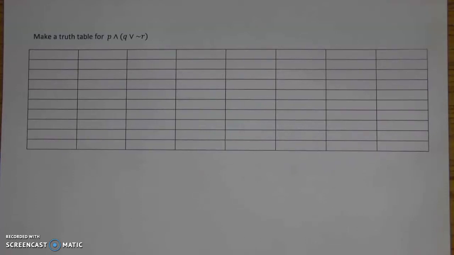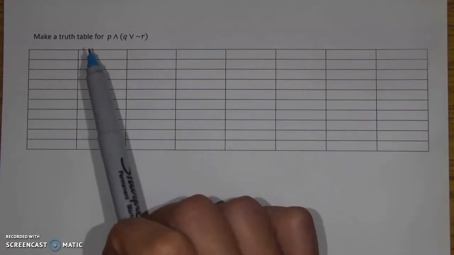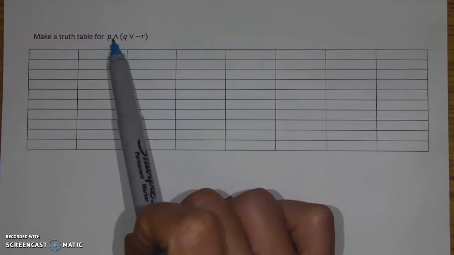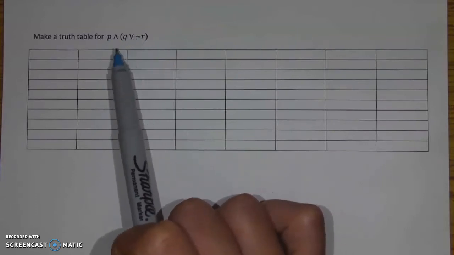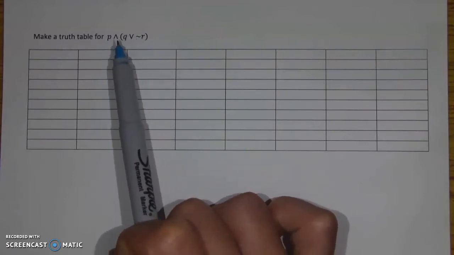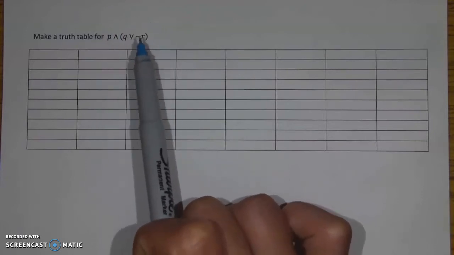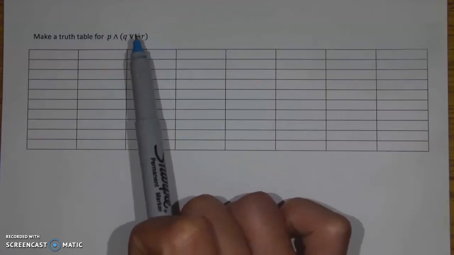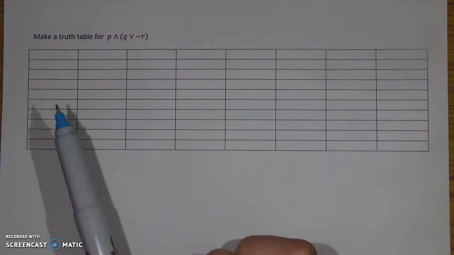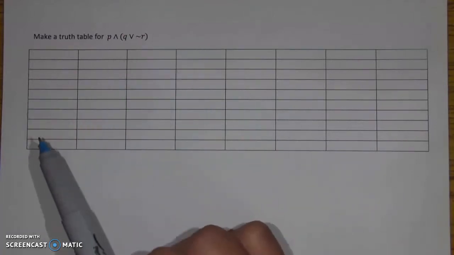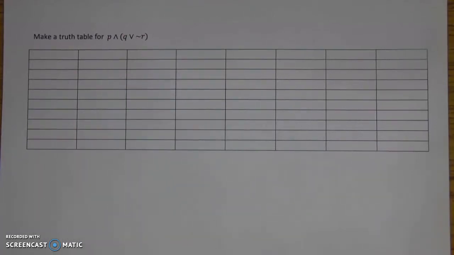All right, so let's look at how to make a truth table when you have a complicated statement. And now, if you're looking at this statement, you might go, oh, that is way too much to keep track of. I will not be able to tell whether this will be true or false just based on P, Q, and R being true or false. But that's not actually the case, and that's where truth tables come in very handy